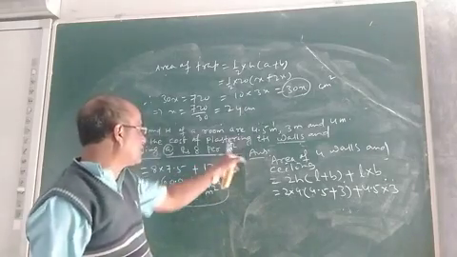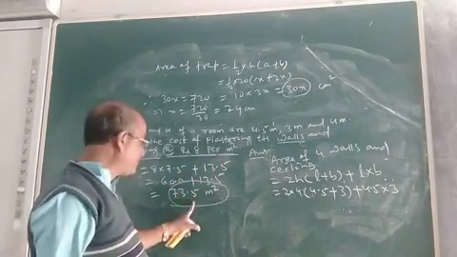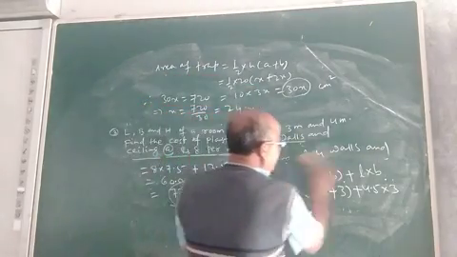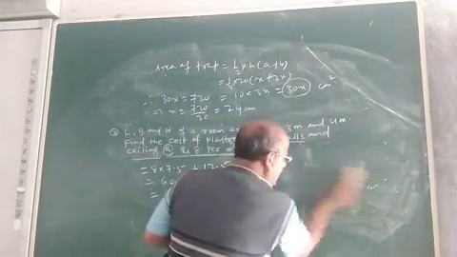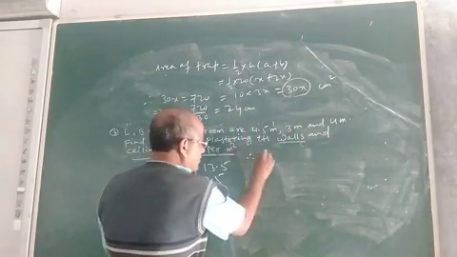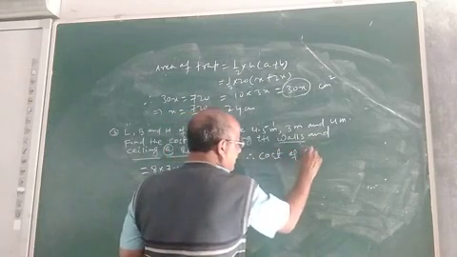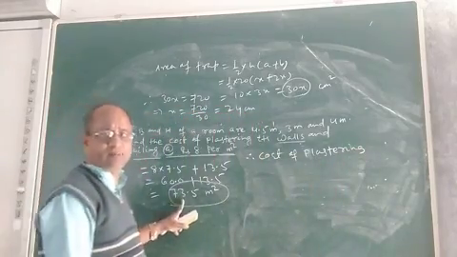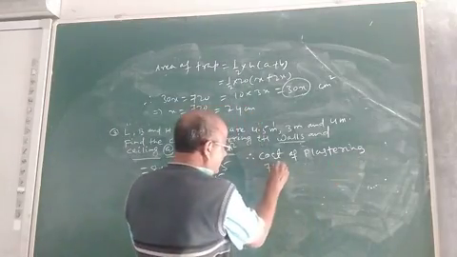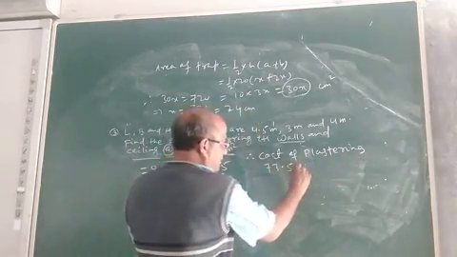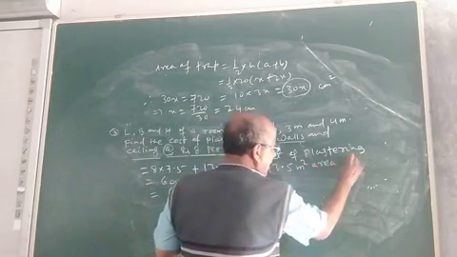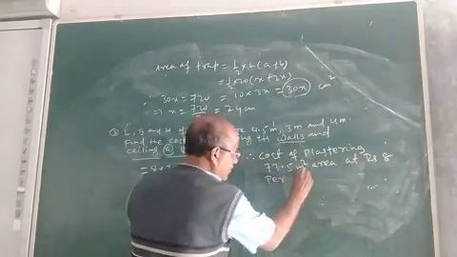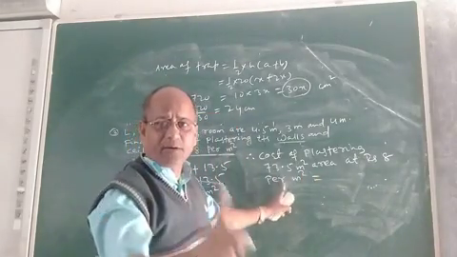Now what is the cost of 1 meter square? It is given 8 rupees. Then what will be the cost of this? You have to multiply 8 by this. The next step will be to find the cost of plastering. Therefore, cost of plastering: how much area will you plaster? You will plaster an area equal to 73.5 meter square at rupees 8 per meter square. That means the cost of plastering 1 meter square is 8 rupees.